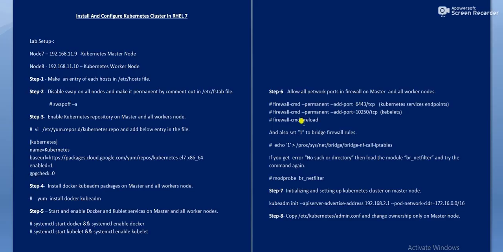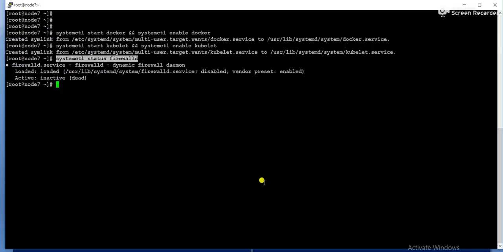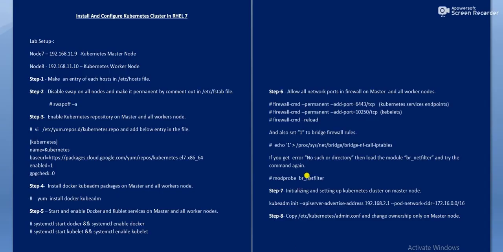If in your server you are running with the firewall, then you need to open the ports. In my case, the firewall has already been disabled, so I will not go with step number 6. After that I will go with step number 7.